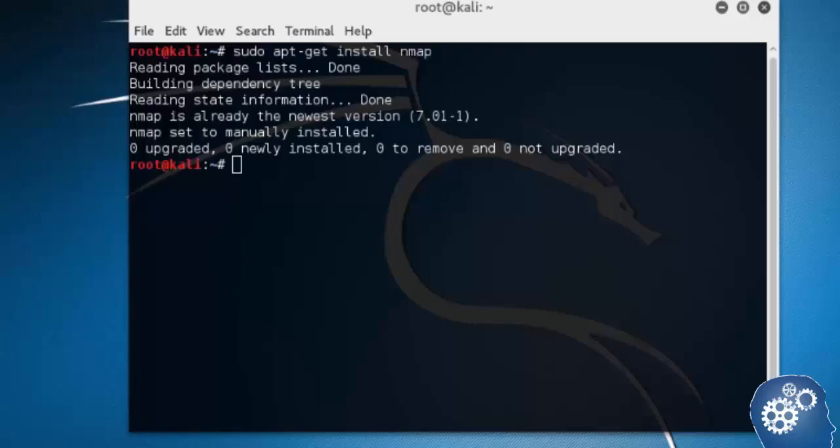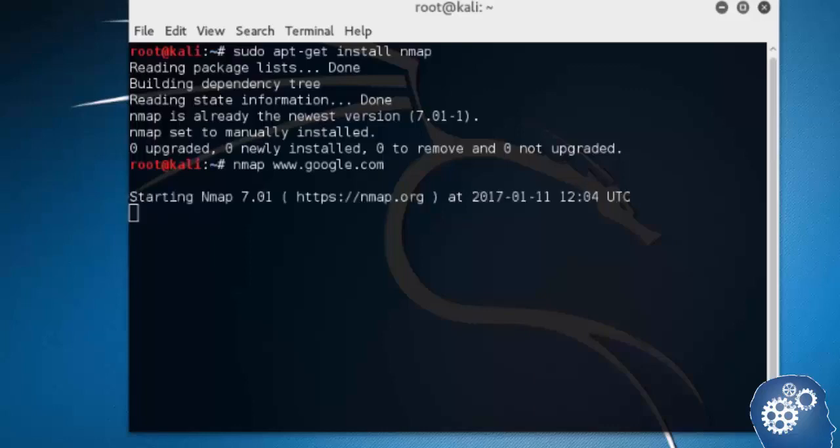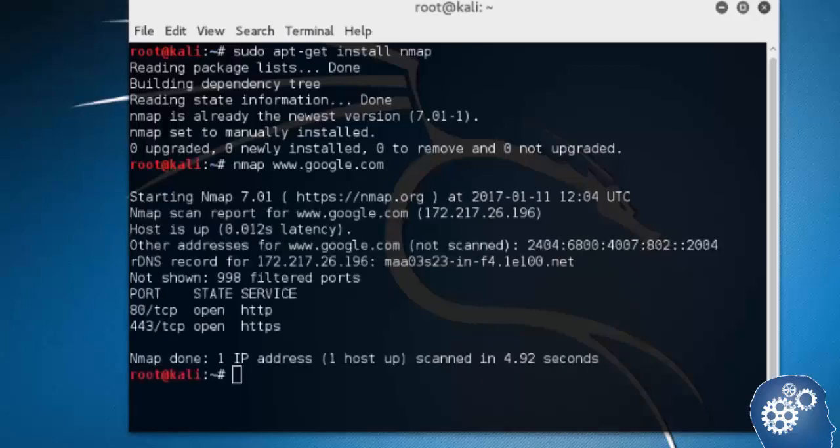As Nmap is installed, I would like to begin by port scanning of google.com. So for that, I will type nmap space www.google.com. It is showing starting Nmap 7.01. Nmap scan report for google.com, and it has given its IP address, that is 172.217.26.196 of a web server. And the host is up,